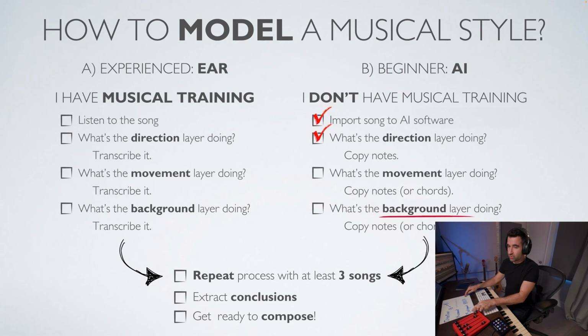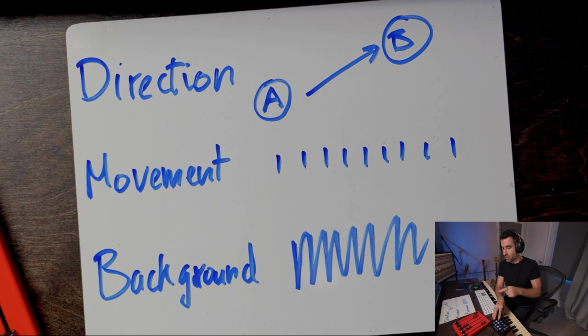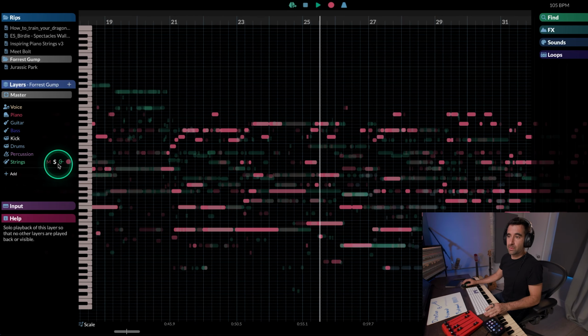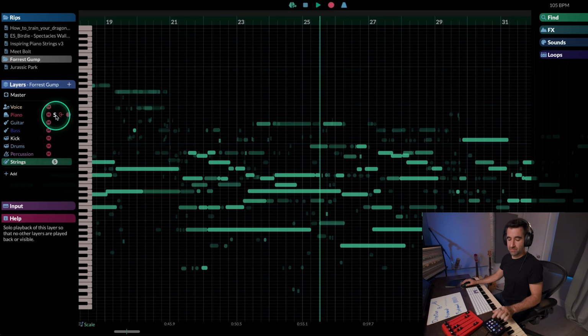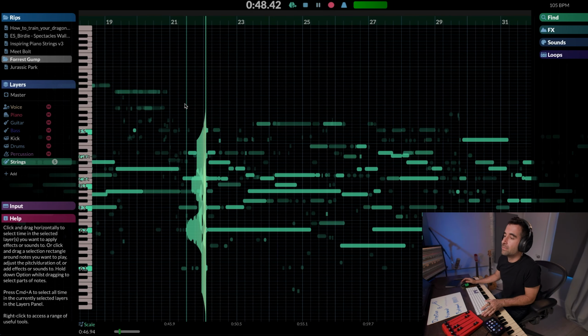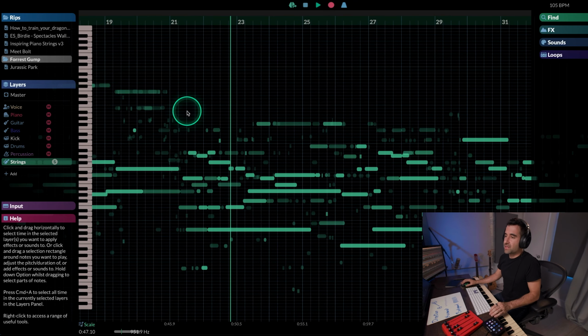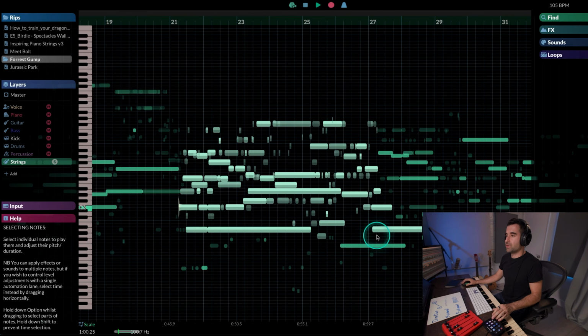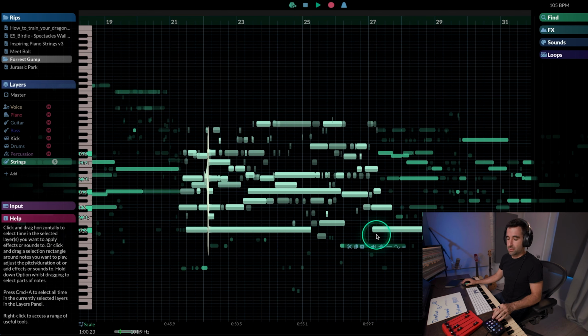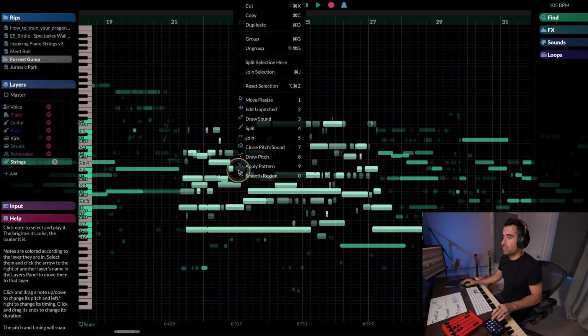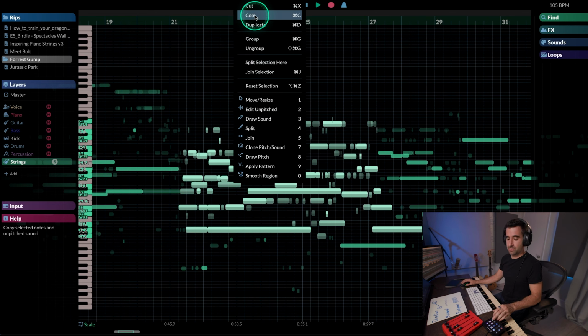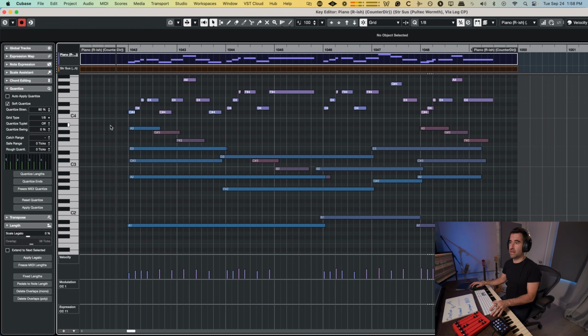Now let's move on to the background layer. Let's see what this one is doing. Coming back here, we're going to select the strings, this layer here. And the same process, we're going to select these notes. We're going to copy them all the way up here, copy. We paste them and